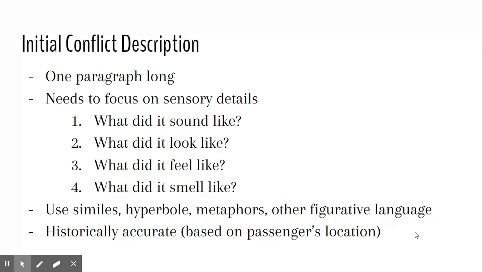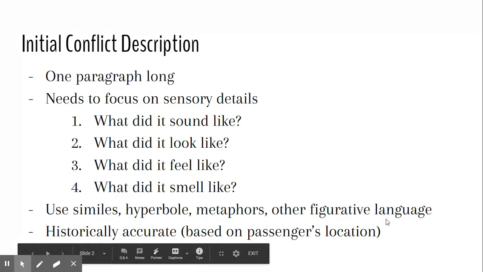And again, we want to make sure that we are as historically accurate as possible. So really take into consideration where your character is at, and how that would impact how you describe the collision. We are going to watch